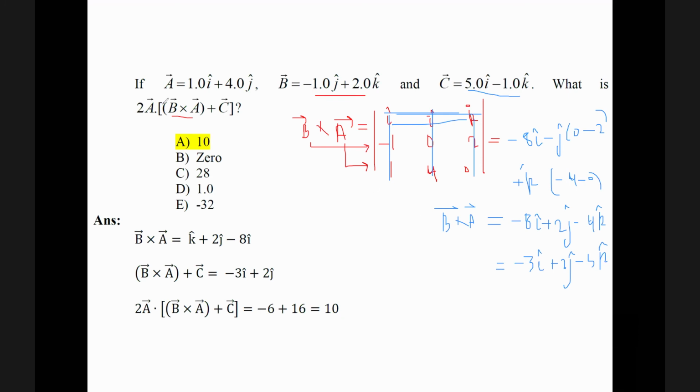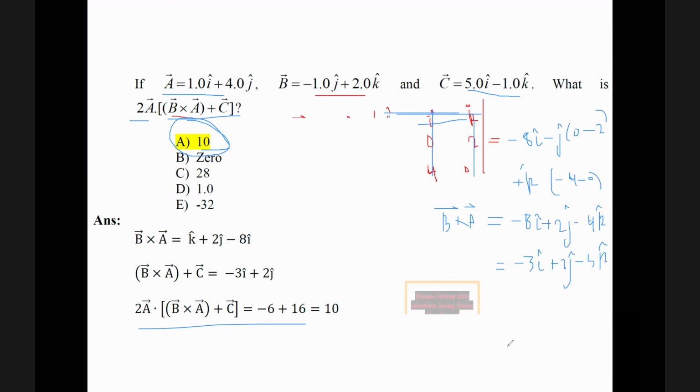Then I do the dot product. To do the dot product, I multiply i hat by i hat, j hat by j hat, k hat by k hat, and then multiply by 2. So the answer you have to get is 10. Did I get a vector or a scalar? I got a scalar, because it's a dot product: this vector dot product with all this bracket vector, so it should be a scalar quantity. Maybe I made a mistake in one of the calculations, but the idea is good. Yes, minus 1 j; there is no i in the vector B. Okay, good.